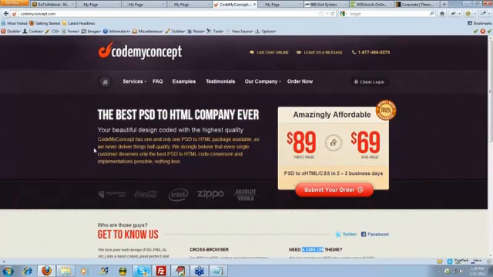So I do want you to know about slicing and get an understanding as to what it is and why it is, etc. But realistically, it would be a whole lot better for you to go get clients and to use a service like this than to try to do the work yourself, because if you think about buying Photoshop and then having to learn it and then having to spend all the time to code it,